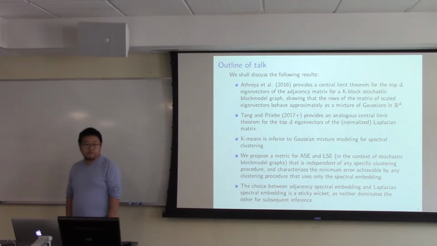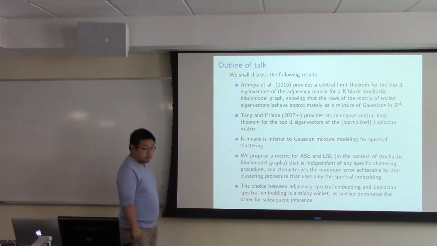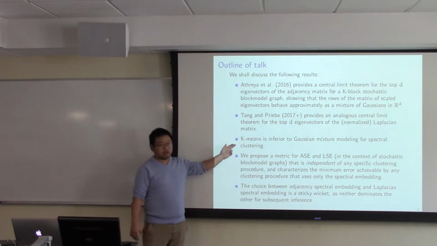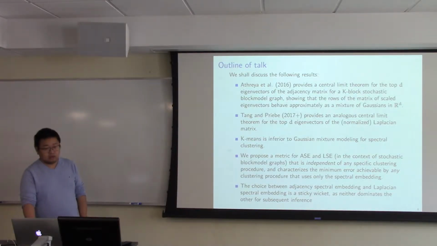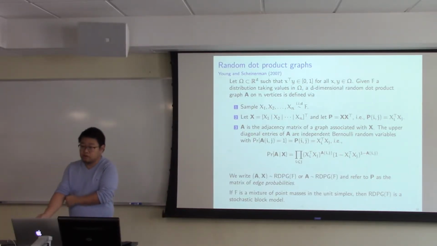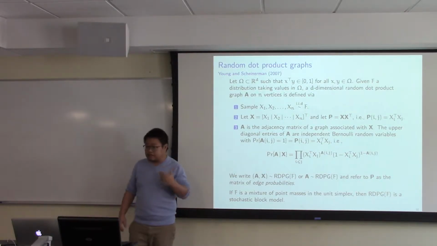So, sorry, yes. Does this mean that the minimum error is achieved by some specific clustering procedure? Yes, it is achieved by some clustering procedure. In fact, it is achieved by Gaussian modeling. Yep. Excuse me? It would be asymptotically? Asymptotically, yes. Yep. So I talked about stochastic block model graphs, but it turns out that it's easier to present